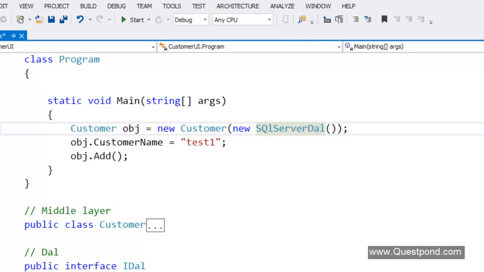But still our dream of achieving that decoupled architecture is far away, because with this exercise, what we have done is just pass the buck around. In other words, the object creation was first happening inside the customer class, and is now happening inside the user interface. So really things have not changed. If I add a new data access layer, I have to now change the user interface code, right? But what I really want is, if I add a new data access layer, I don't have to change any one of these layers. And that's what a decoupled architecture would look like, right?